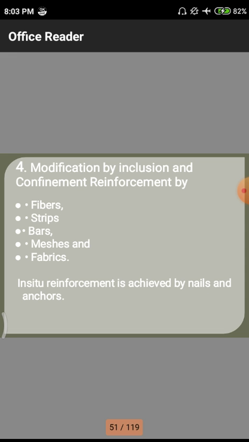Next one we are having meshes. Normally these meshes are used in buildings also for small-scale structures like our mesh doors and others. That means after the construction of the building, small repairs and others occur in a particular sort of buildings. So by using these meshes, they use some kind of repair techniques. Next one we are having fabrics.